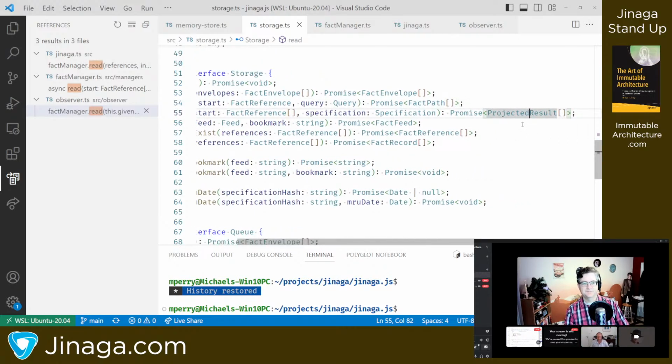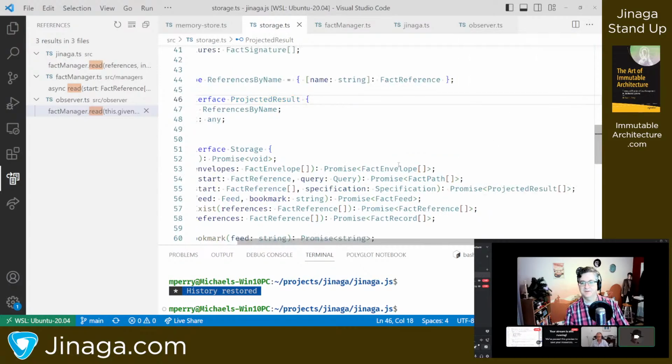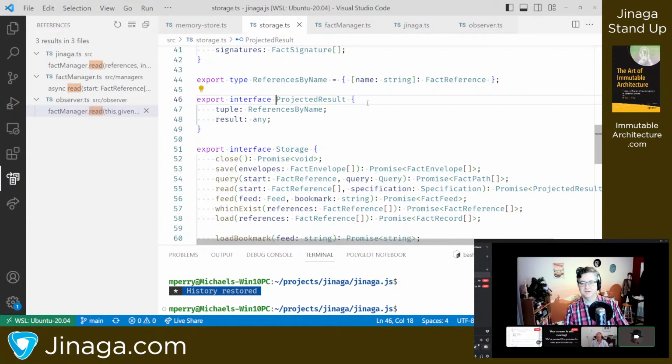Okay, yeah. So projected results. Here we've got the actual JavaScript results, so those are just the any type. So you project into a collection of properties, then now your result is an object with those properties. And if you're projecting a hash, then that's a string. If you're projecting a child object, then that's either an array, in the case of j.query, or an observable collection, in the case of j.watch.